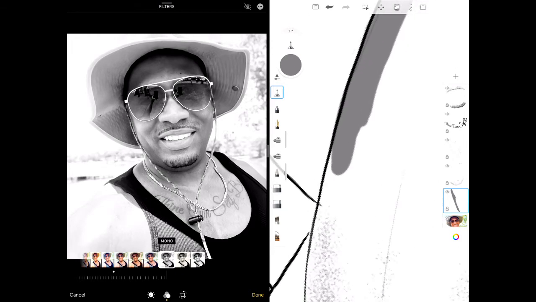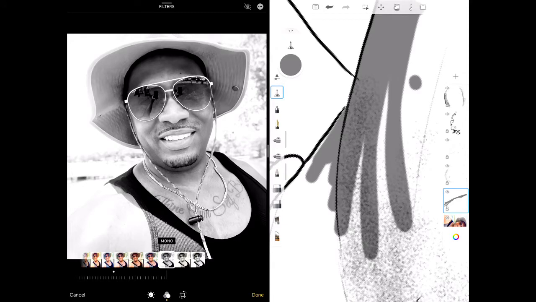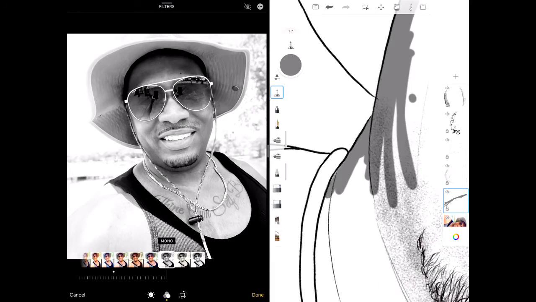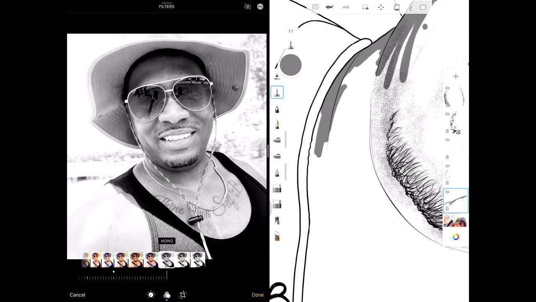The reason I made you change the appearance of your reference to black and white, or monochrome, is to see those values literally without getting distracted by colors all over the reference. It gives you a specific concentration on a particular value, and shows you where the midtones are.